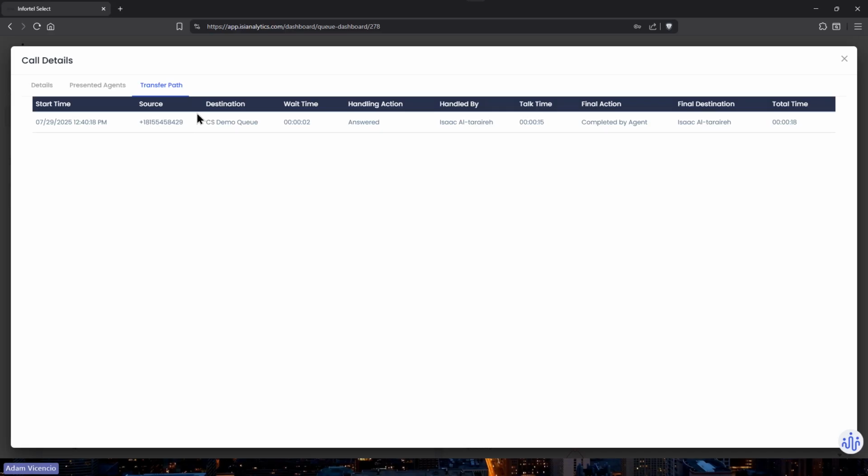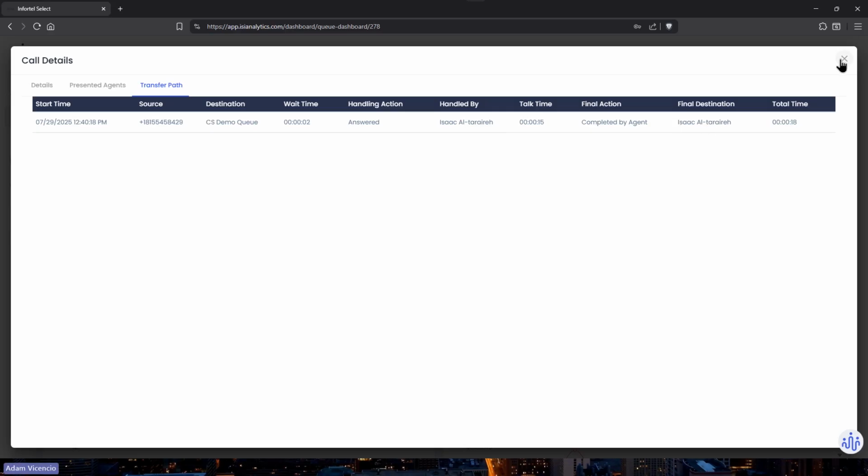And as we all know, customers don't like being bounced around to different departments by any means. Like, oh, I called this department, oh, you need to go here. So this is going to be able to monitor how many calls, within at least this particular call, are transferring between your queues. If this were like an 8-leg transfer, you would actually see 8 different legs shown here of where this call would be going.